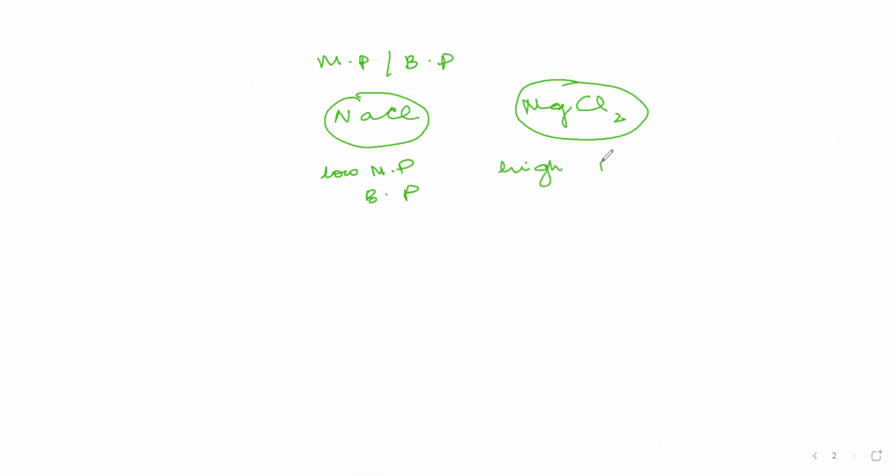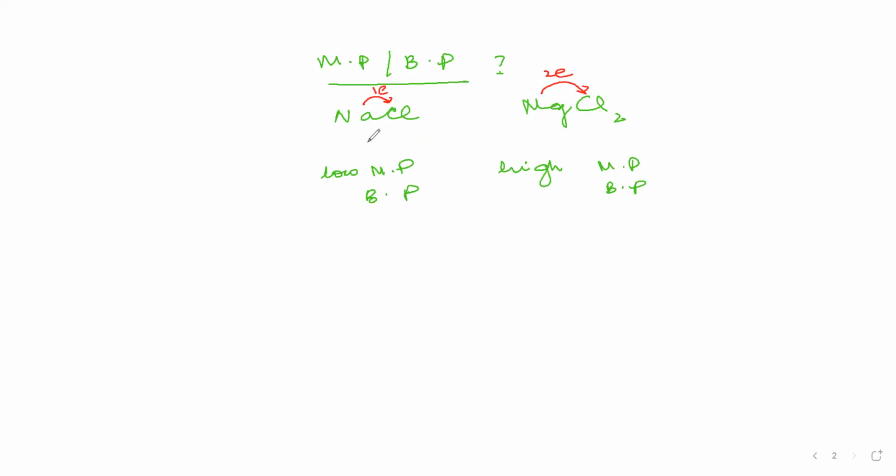Now, any guesses, any reason why is it so? Why does this have a high melting and boiling point in comparison to sodium chloride? Any guesses? What is happening when NaCl is forming? There is only the transference of one electron taking place. ठीक है, तो वन इलेक्ट्रॉन ट्रांसफर हो रहा है, और जब मैग्नीशियम क्लोराइड हो रहा है, there is a transference of two electrons. Now when there is a transference of one electron, तो इनके बीच का जो इलेक्ट्रोस्टैटिक फोर्स होगा between the Na ions and the chloride ions will be less strong than between the magnesium and the 2 chloride, because there the transference is of 2 electrons, and this is going to be a stronger